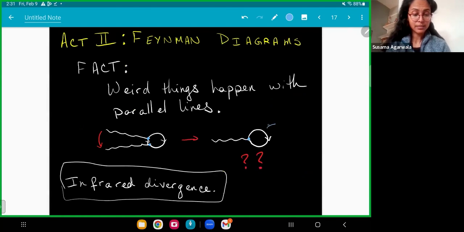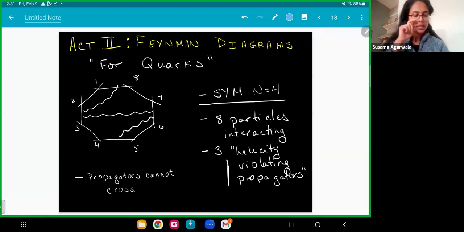This one here has 1 propagator, because there was the 1 photon that just kind of has a propagator that's never detected elsewhere, it just appears and disappears. So when I'm talking about 3 helicity violating propagators, I'm talking about 3 special types of propagators. Don't worry about what helicity violating means. Just know that they're a special type of propagator, and they are indicated by these guys, the little wavy lines